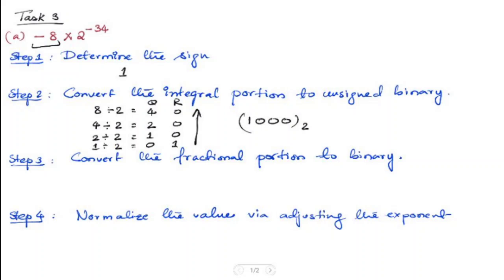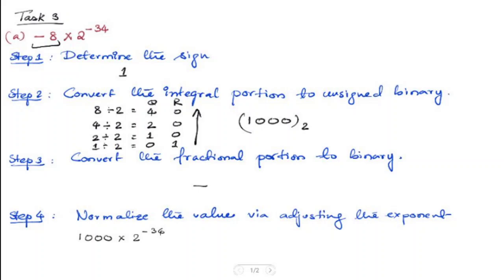Okay, now the next step is to convert the fractional portion to binary. In this case, we don't have a fractional portion because we have an integer, that's 8, so there is no fractional portion, so we just leave this part. Then we normalize the value by adjusting the exponent. So our value now looks like this: 1000 times 2 to the power -34,